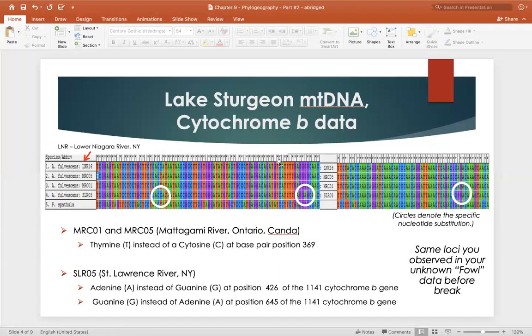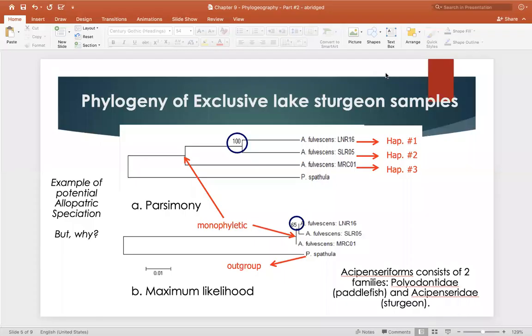Now, as we think about this, let's put this data into a phylogenetic tree and see what our results are. As we look at our phylogenetic tree, you should notice that two trees are present, one parsimony and one maximum likelihood. The idea here, if you remember, is that displaying both of these trees based on the aforementioned genetic information gives us